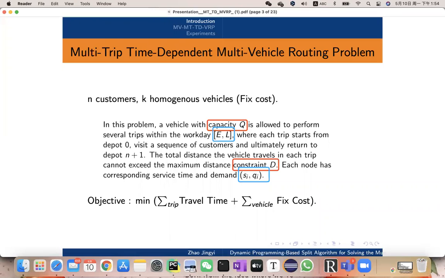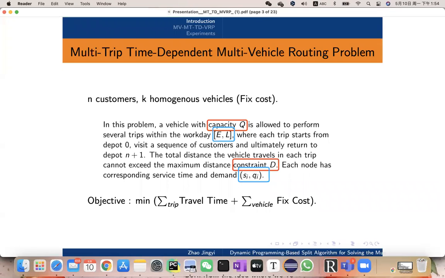So the vehicle routing problem is a very famous combinatorial optimization problem, which asks what is the optimal set of routes for a fleet of vehicles to traverse in order to deliver to all the given customers. Each time we use a vehicle, we need to pay a fixed cost. And multi-trip is a very common and realistic variant of vehicle routing problem,